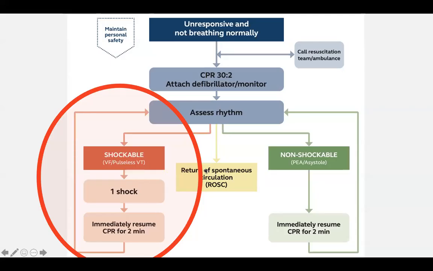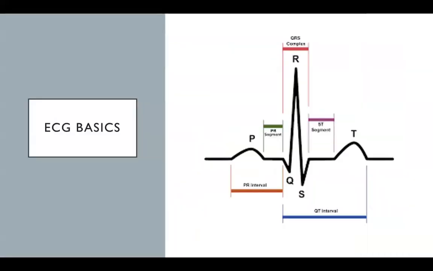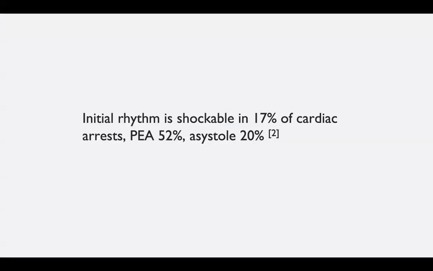So let's say we've detected a shockable rhythm. So that's VF or pulseless VT. I'm going to talk about what we do next. So we've covered that. So the initial rhythm is shockable in about